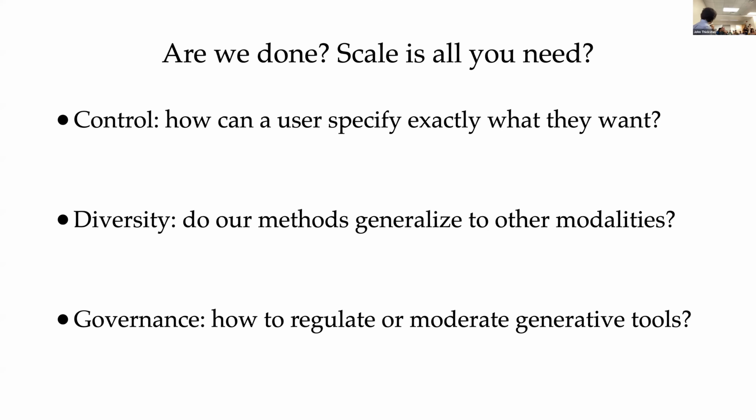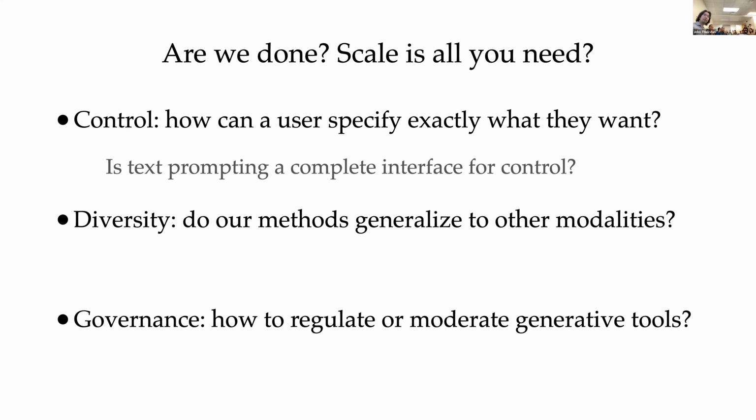And I'd like to make the case today that we're nowhere near that, and that scale in some ways has taken one question off the table, which is how to get a state-of-the-art top accuracy result on a data set. But there's all sorts of questions that are orthogonal to these scale questions that are really interesting and fundamental to these models. So in particular, one aspect of this problem is control. How do you steer the model and get it to produce output that matches what you've asked for?